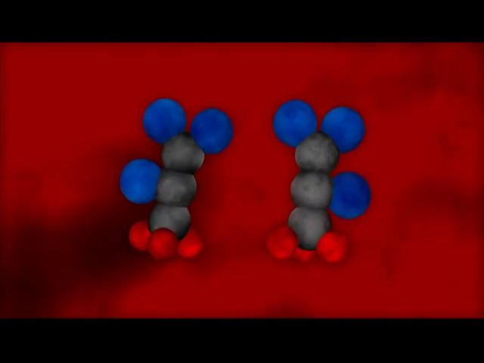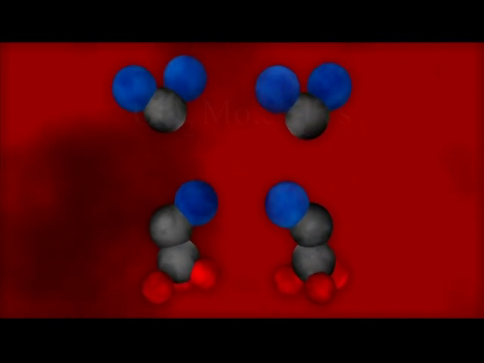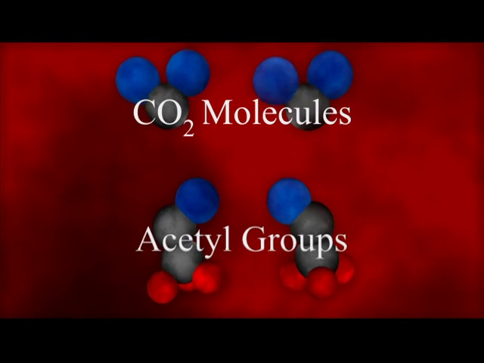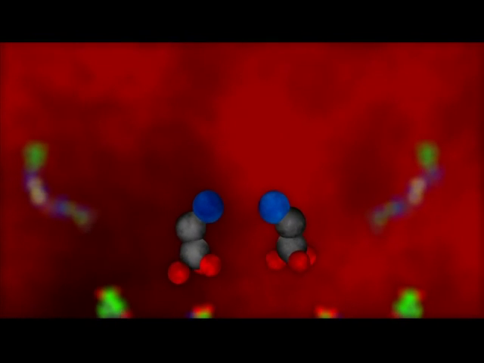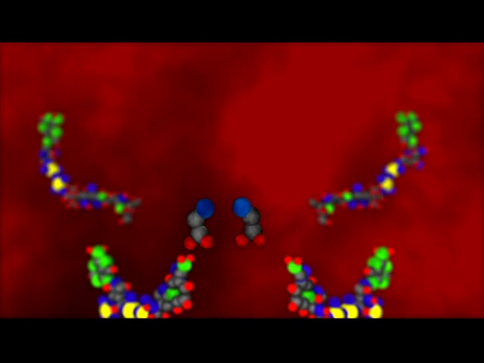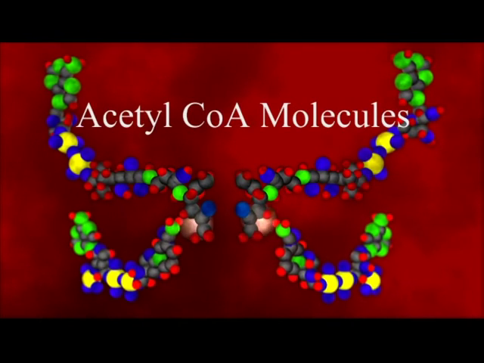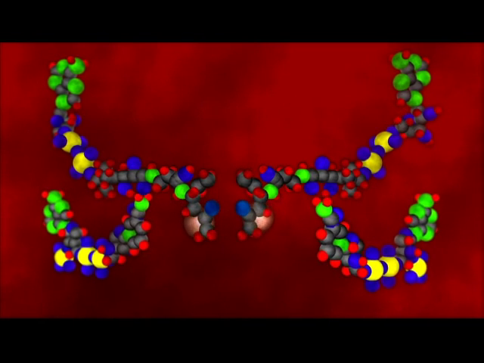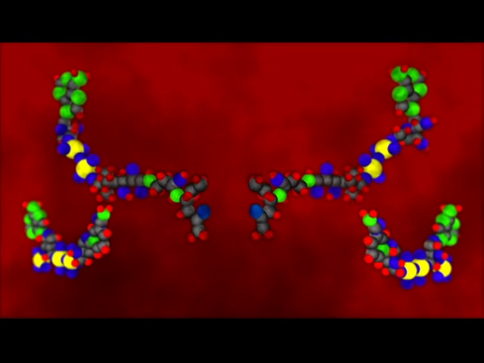Once within the matrix, each of the 2 pyruvic acid molecules is split into a CO2 molecule and a 2-carbon molecule called an acetyl group. Each acetyl group immediately attaches to a molecule called coenzyme A, forming an acetyl coenzyme A complex, or acetyl-CoA for short. During these reactions, an energetic electron and a hydrogen are transferred to positively charged NAD+ ions, forming one energy-carrying